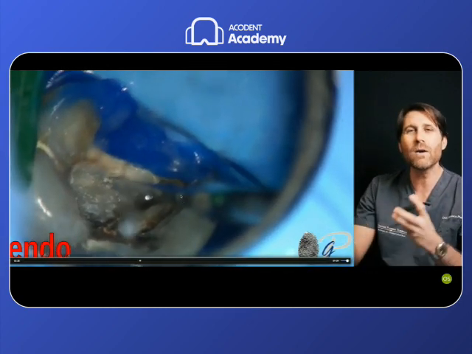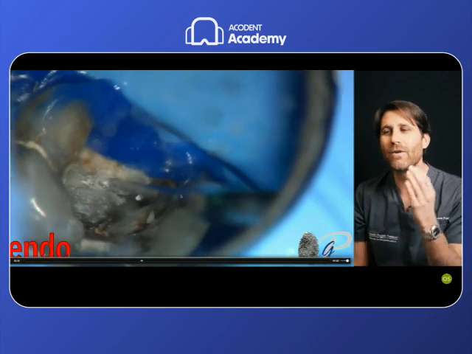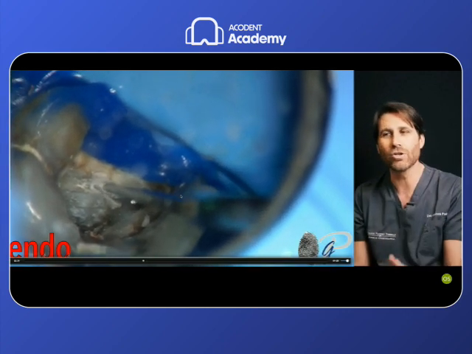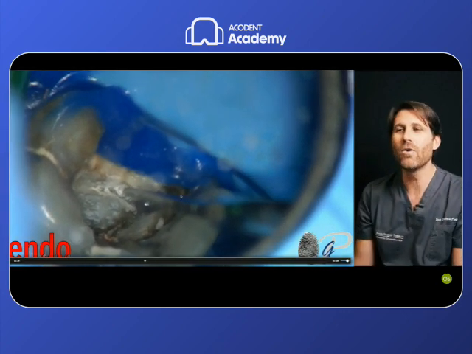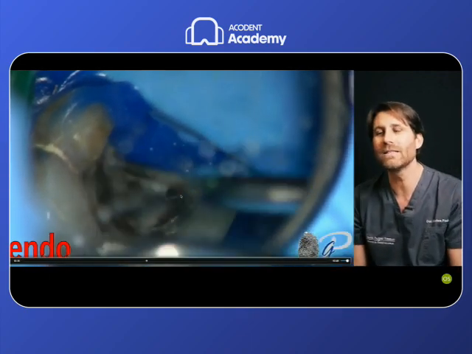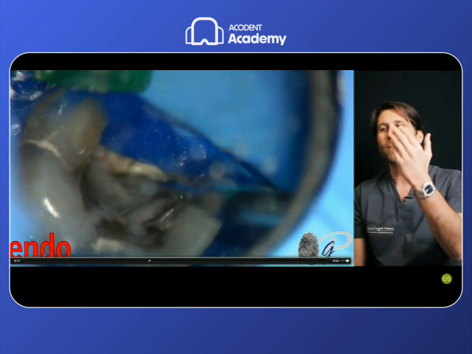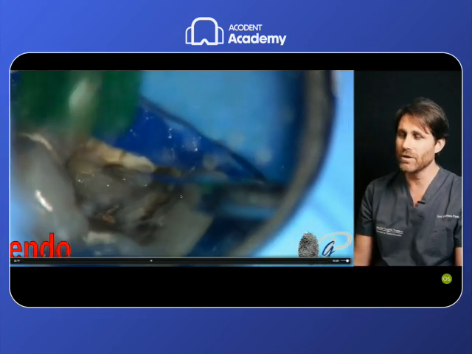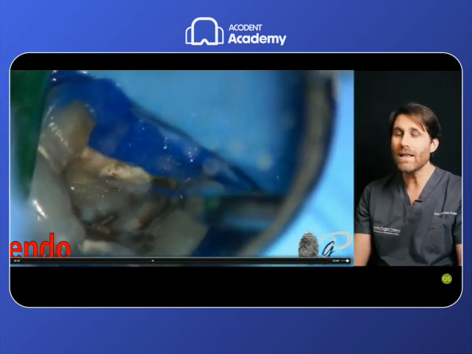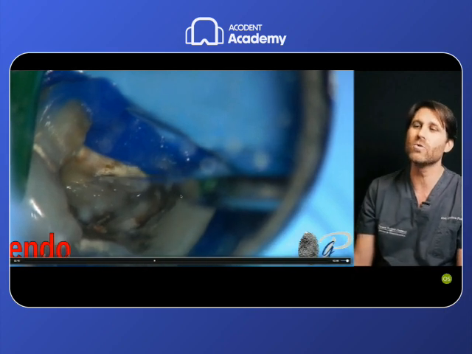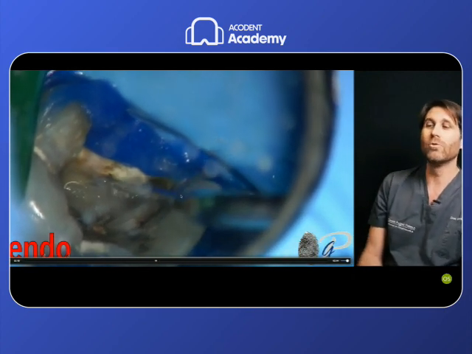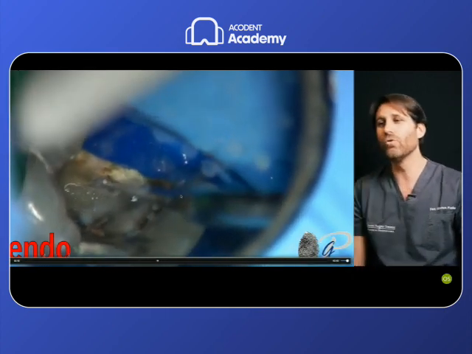So in a dynamic way, as I have insisted very much in my lessons on this endo channel, we go further and then we go a step back if needed to improve the treatment, because the further step was not able to proceed to the next one. So again, we tried mechanically to be more conservative, it was not able. Then we took our ultrasonic tips to go deeper inside the root.